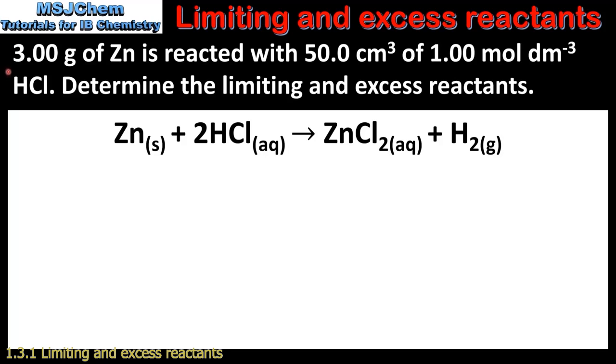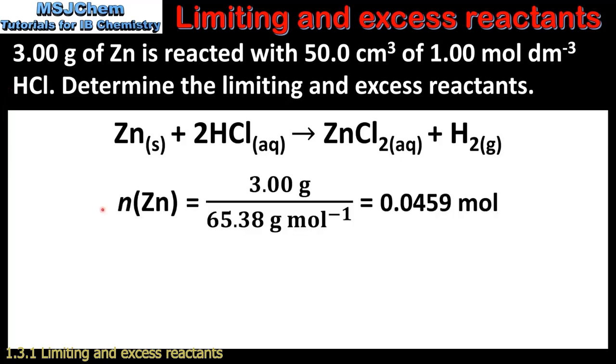3 grams of zinc is reacted with 50 centimeters cubed of 1 mole per decimeter cubed HCl, which is hydrochloric acid. Determine the limiting and excess reactants. So first we'll determine the amount in moles of zinc. So like in the previous example, we'll divide the mass by the molar mass, and this gives us